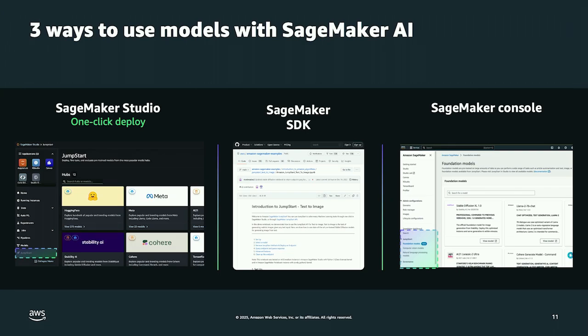And the second way is through the API. You have an SDK, and if your supported language does not have an SDK, you can just call the API directly. In our demo, we're going to use the SDK to show how you can train and deploy and run inference using Workbench as your interface. And then you can also access it through the console, and we'll also see what it looks like when we access it through the console.